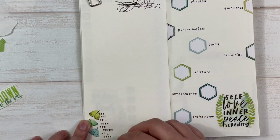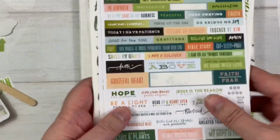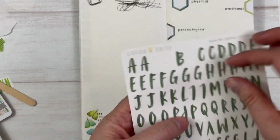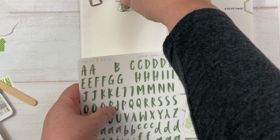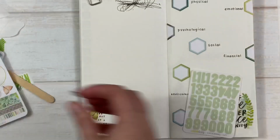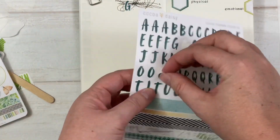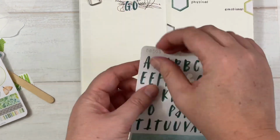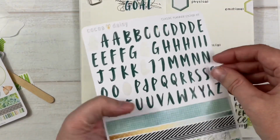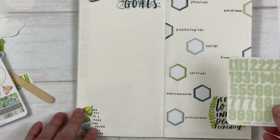So I have my black scribbles in the bottom left corner done, and now I'm just going through some of my sticker sheets looking for numbers for my goals. And that number sheet is actually an old sheet. And then I picked out these clear alphas and decided I don't like them, so I go back through and find some that are not on the transparent paper, and I like those a little bit better for on top of this rub-on specifically. So I label my paper goals here,